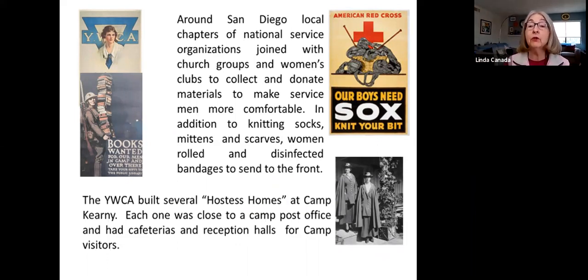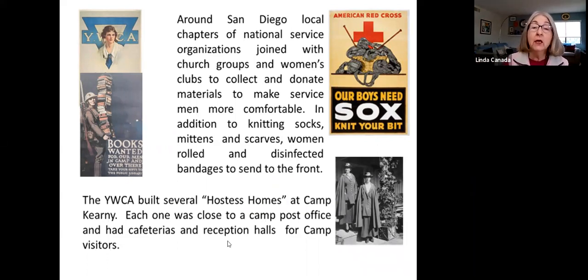So this was a real community activity. We had this huge base. You could take a bus up there to visit people, and they had visiting days on Sundays and on 2 afternoons during the week, so that the men who were not involved in training would be able to meet with relatives. So that was part of what went on to try and keep the men active. So they had libraries, and they had